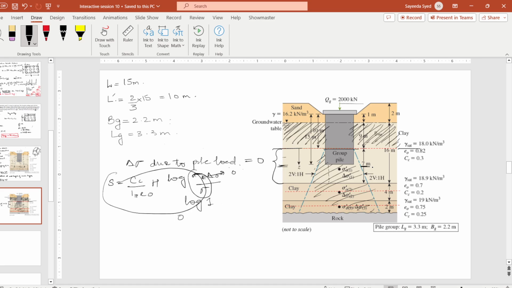Okay, so this is the portion that we are examining now. This is the portion that we are examining now. So Z1 is